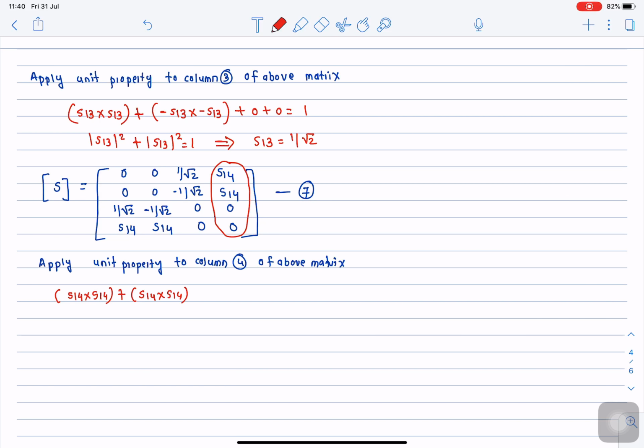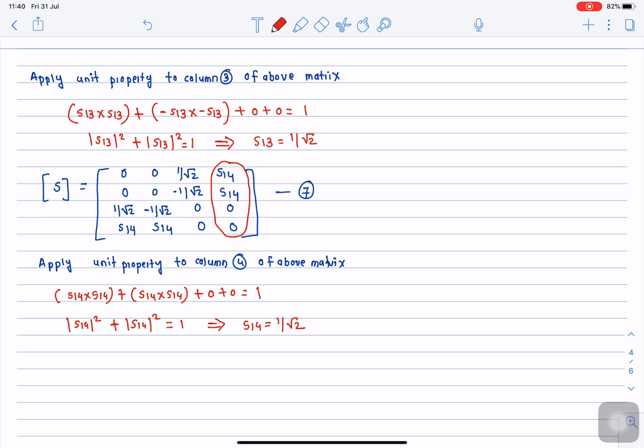In this way, it is a 0 already, and it is also 0, and it is equated to 1. So this will give me S14 square plus again S14 mod square is equal to 1. And when I simplify this, I will get S14 is equal to again 1 by root 2. Okay, so I will replace this value of S14 in the original matrix, and the final matrix is going to